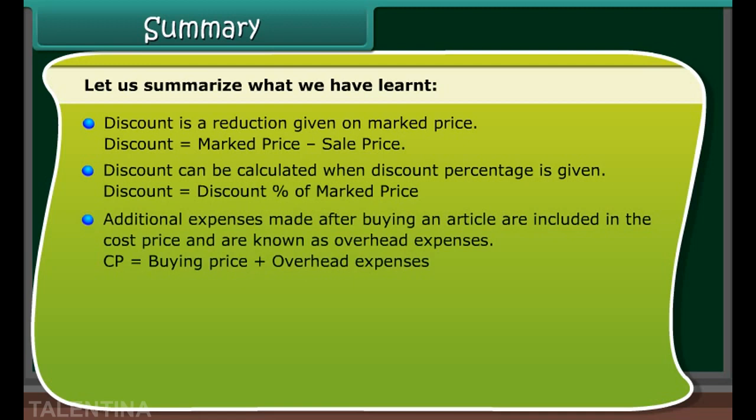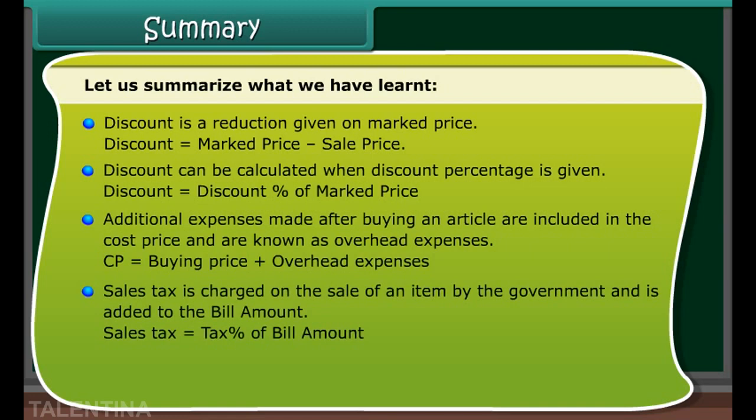Additional expenses made after buying an article are included in the cost price and are known as overhead expenses. CP is equal to buying price plus overhead expenses. Sales tax is charged on the sale of an item by the government and is added to the bill amount. Sales tax is equal to tax percentage of bill amount. Compound